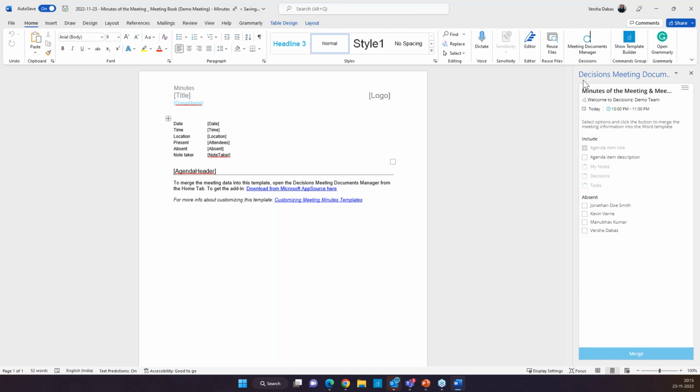Now, this is very important because this is going to let you decide what options you want to include in your minutes template. So if I want to include my agenda item description. Now, do you remember we talked about my notes? Since I created my personal notes and I'm the same person who's creating the minutes of the meeting, the system will recognize me and ask me this question: hey, do you want to include your notes that you have created previously? If you have not created any personal notes, this option will be grayed out for